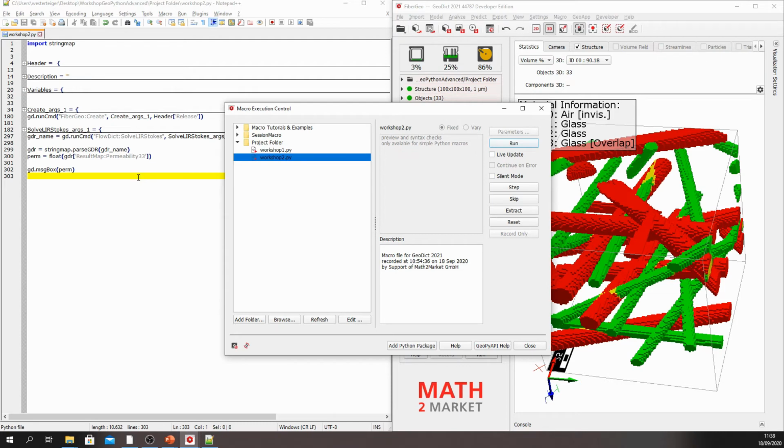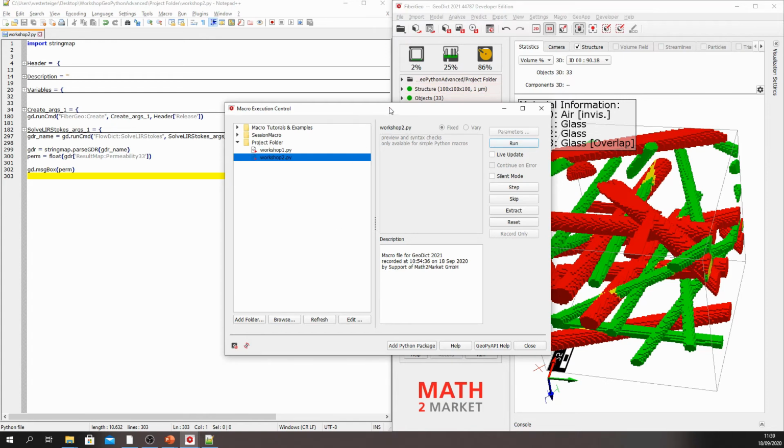And the reason why we had to click override, and we're going to have to do this a couple more times during this workshop, is that it has created the fiber geostructure under the same result name as before, because this is just a result name that was recorded. And the same goes for the flow simulation. It wanted to save the results under the same name. And because GeoDict doesn't just override the file, it asks us if we want to override it.